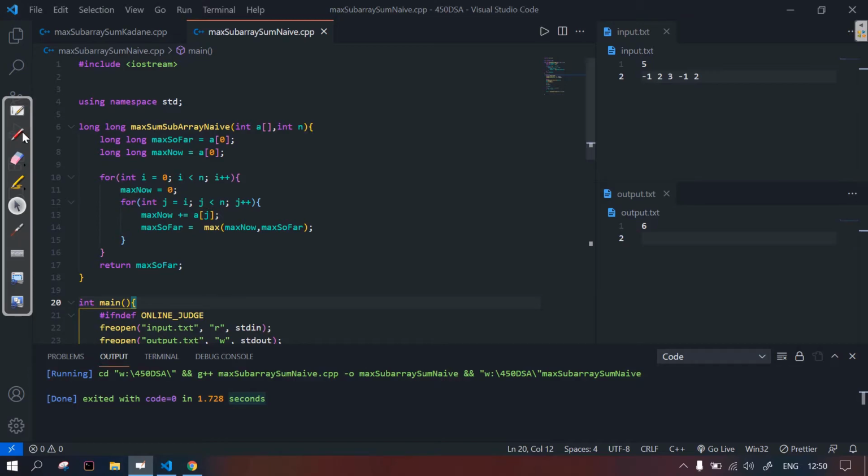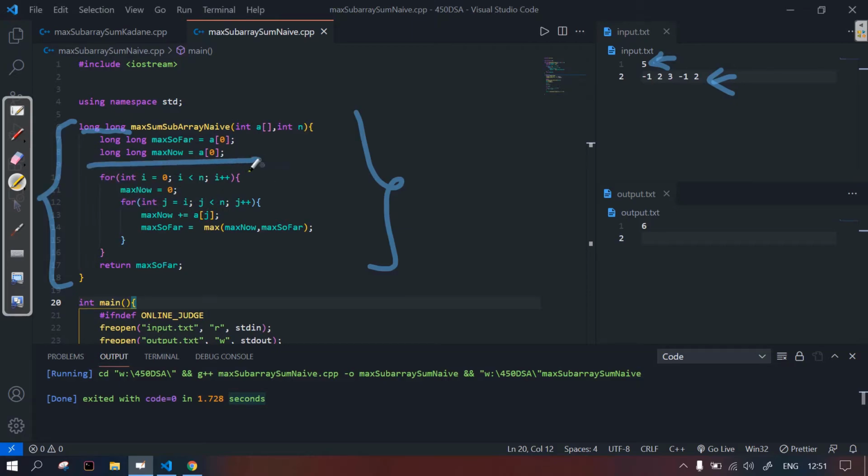If you look at this code, this is my method, and we will look at this function only, because in the main I am doing nothing. I am just taking a variable n and taking the array. I am calling this method, and that method is going to return me a long value. I am taking long because the answer can move out of the range of the integer. I'm doing it in C++. If you are in Python, you need not worry about that. If you are in Java, you need to worry about that. There are certain languages that have these restrictions.